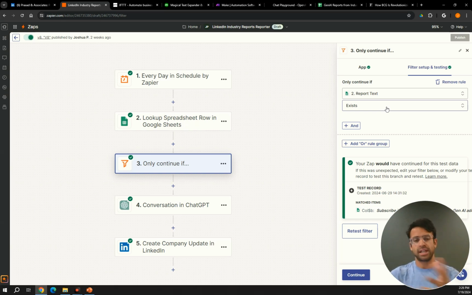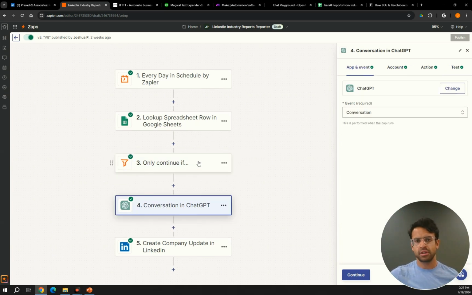So as I showed with the spreadsheet, I am actually manually pasting in the information from these articles. And if there's a day that I didn't paste anything in, or I want to take a break from posting, I don't want to send unnecessary calls to OpenAI. So this filter step is just making sure that there's actually a report to summarize. And if not, then the Zap for the day ends. All right, so after the filter makes sure that there is actually an article to post for that day,